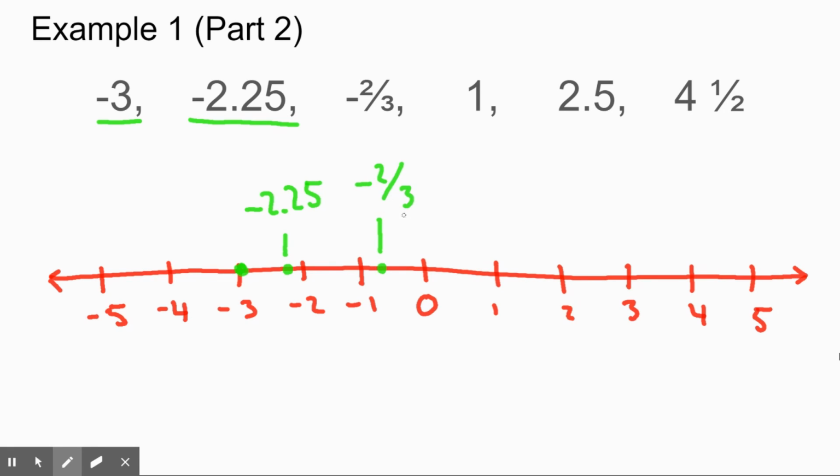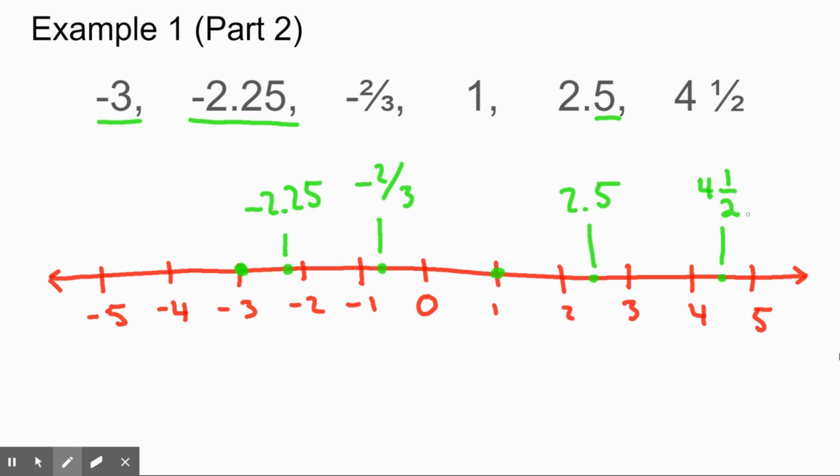Now, as for the rest of these, we're going to continue that process. 1 is another integer, so it's not too bad to plot. 2.5. 0.5 means it's going to be halfway between 2 and 3 because it's representing a half. So we can label that here. And 4.5 is the same thing as 2.5, except it's 4.5 instead. So we right in the middle here, right at 4